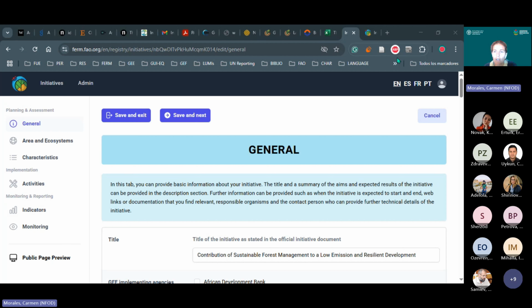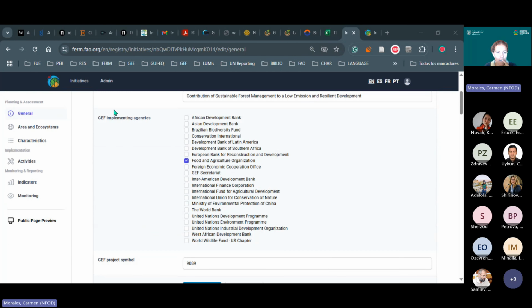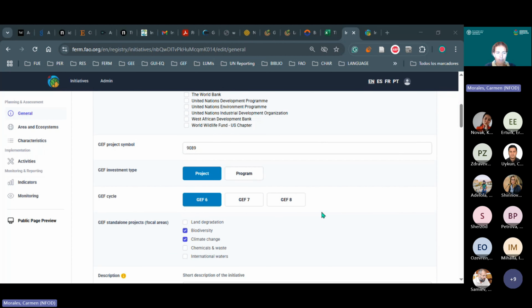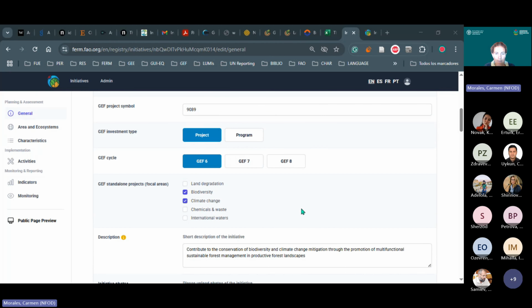Okay. So here is the editing. We're in the general part. In the general part, basically you put the title. There are some specific parameters for GEF here, such as the GEF project symbol, the investment type, the cycle,